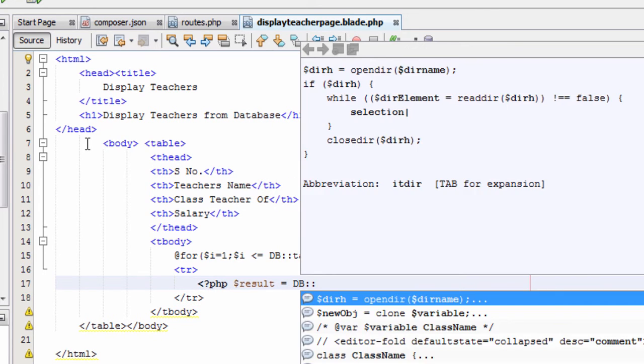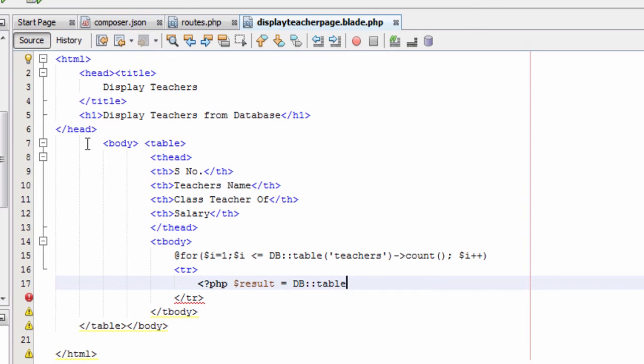and a closing table row tag. Inside the table row tag we will type less than sign, question mark, and php. That is called a PHP tag.